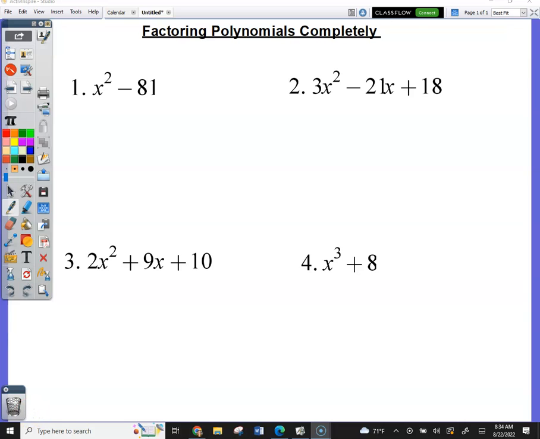This was a little warm-up to try to flex your muscles with factoring. So last week on Friday,